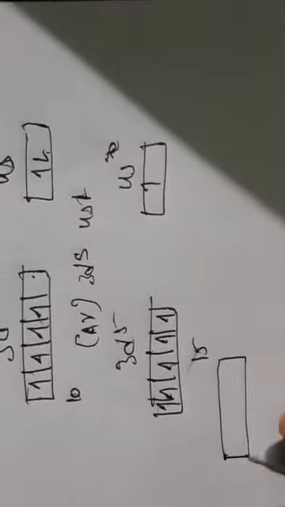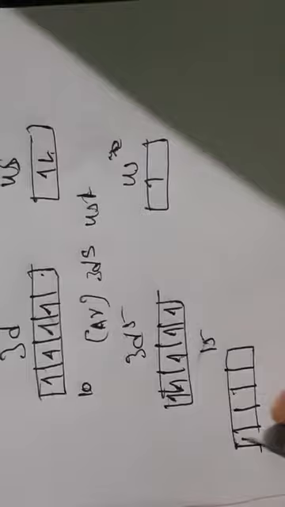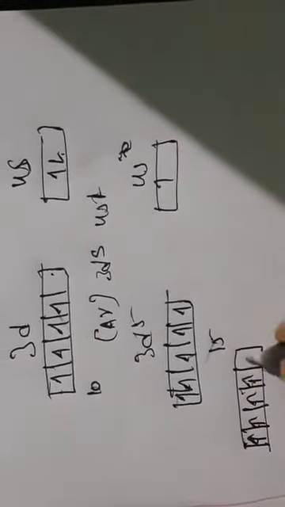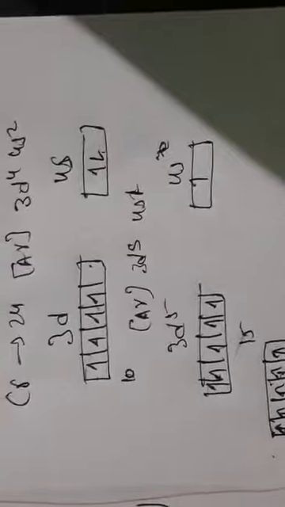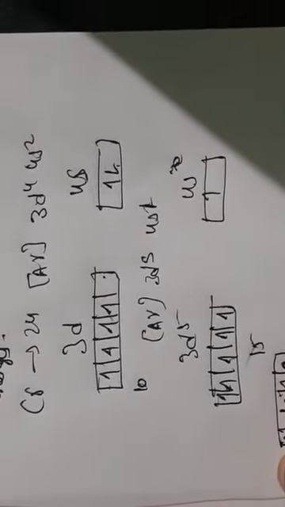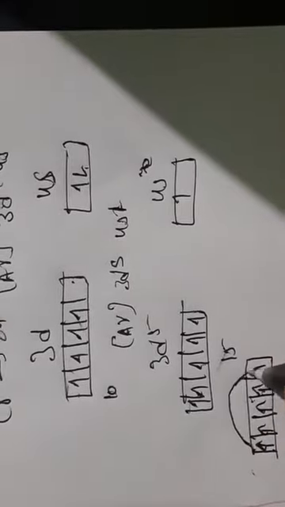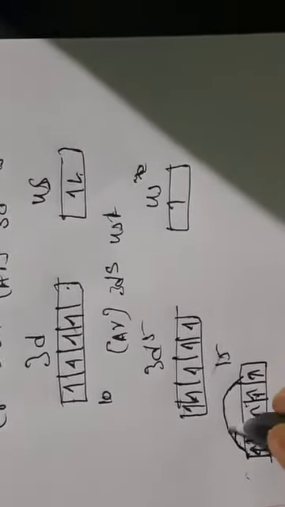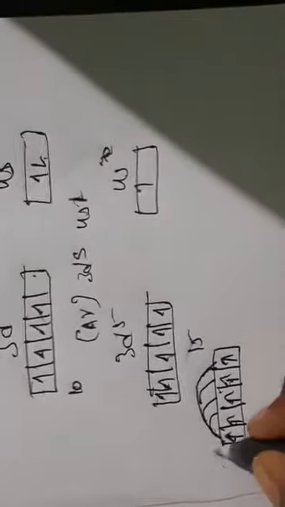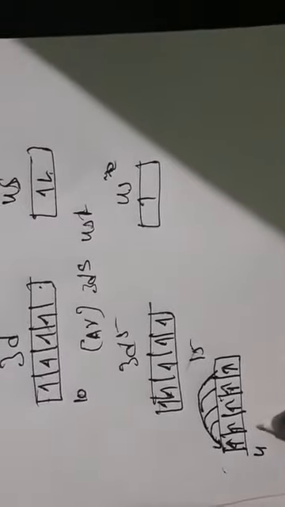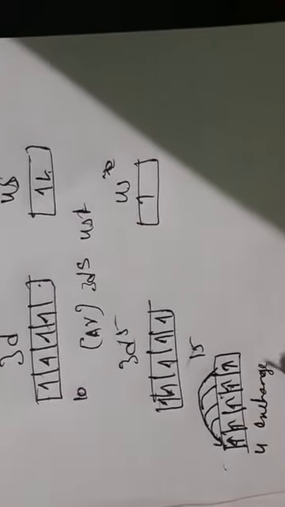Let us see. Consider orbitals 1 2 3 4 5. Here what will happen? 4 exchanges by electron 1. If you take exchange, it means electrons are changing. For these 4 orbitals, this is an exchange, this is an exchange, this is an exchange, and this is also an exchange, by the first orbital. So here 4 exchanges by electron 1.